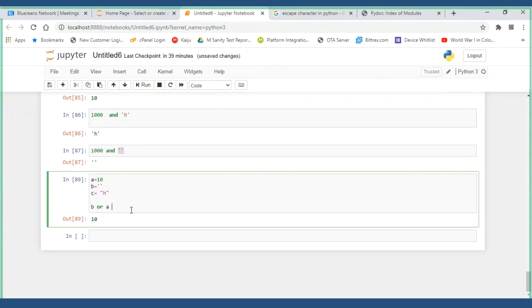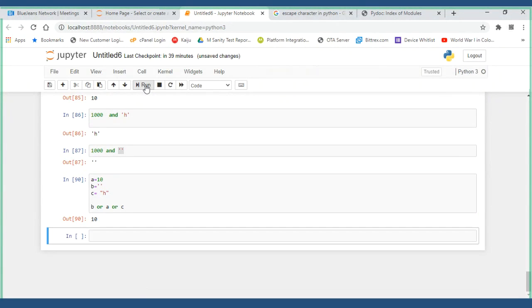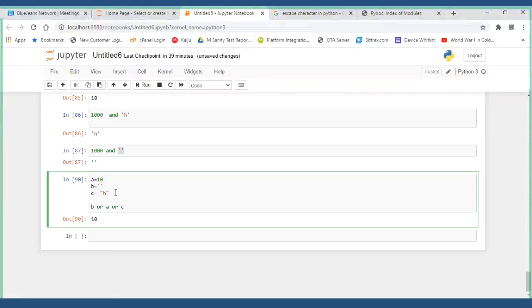Now I have OR, C. Now you see this. A, B, C. The first one you have experienced as true, that only you will get here. As I said, you won't get anything else, even if you compare it with C. If you have A here, C is what? The first experienced true condition. Correct, right? Now you see, you will get it.